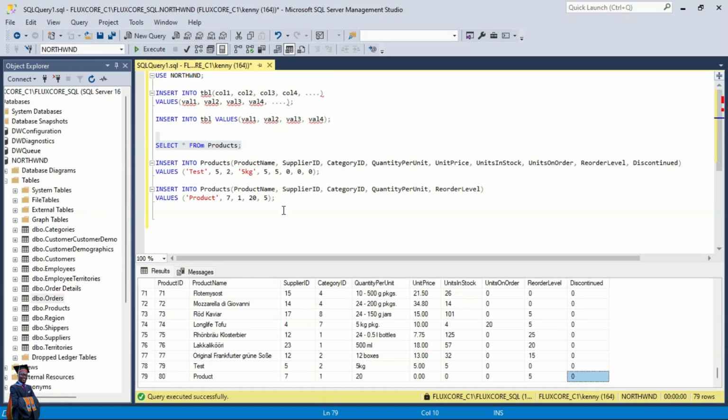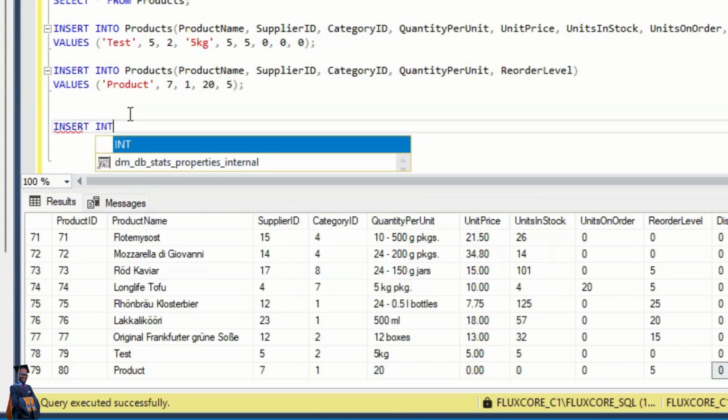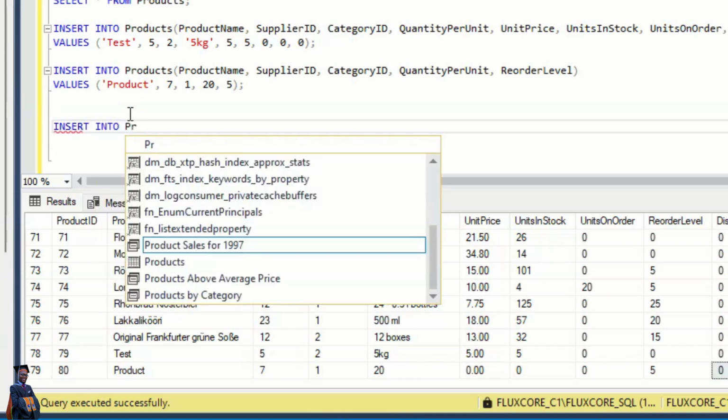So this is the first way of writing SQL insert into statement. Now let's use the second one. You don't need to specify the columns if you're inserting in all the columns. You can specify like we did up here, but now let's not specify the columns. So we say insert into, remember the product table,